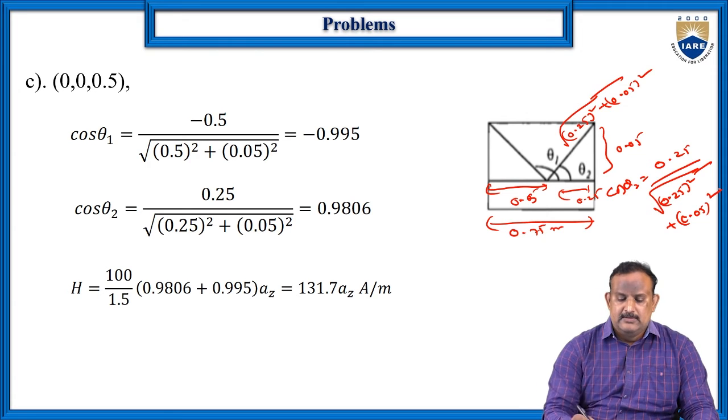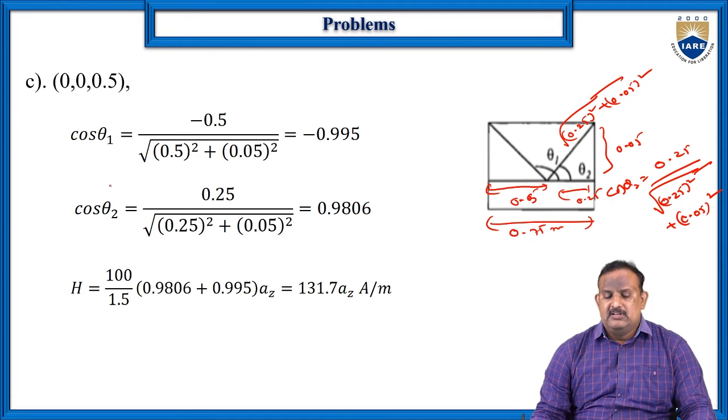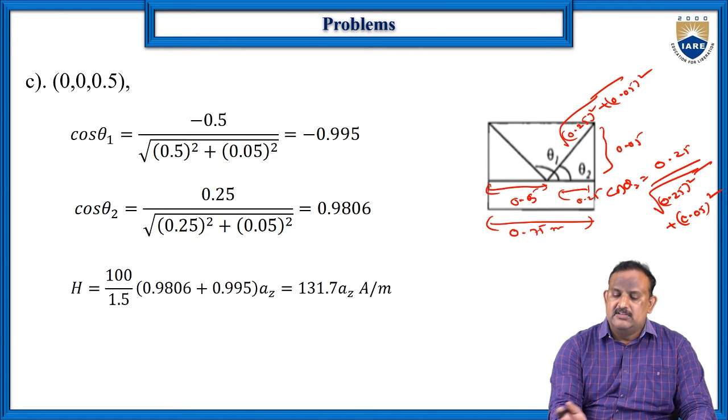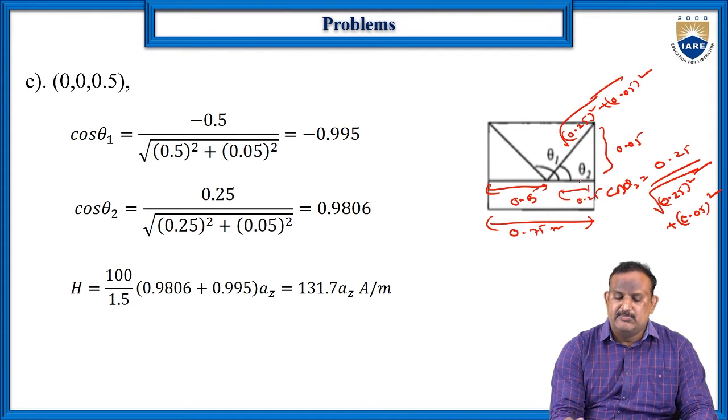Then we can find the cos theta 1 value. On the other hand side, let us assume cos theta 1 is negative, so it is minus 0.5 by